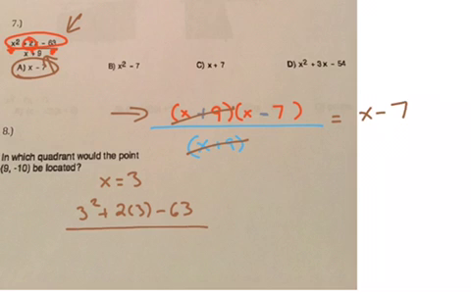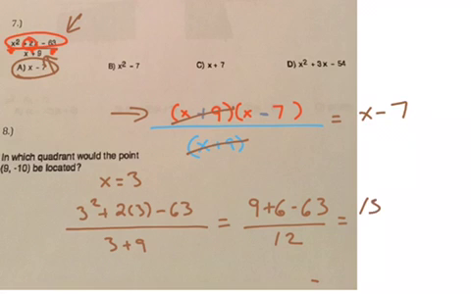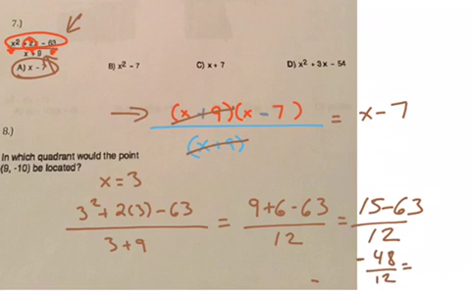On the denominator, we get 3 plus 9. And so if I clean this up, I get 9 plus 6 minus 63 all over 12, which gives me 15 minus 63 all over 12, which is negative 48 over 12, and that is negative 4, okay? What does this negative 4 tell me? It says if I plug 3 into my answer choices,